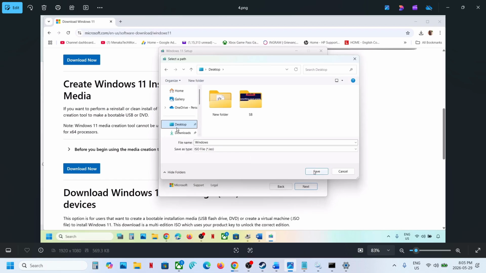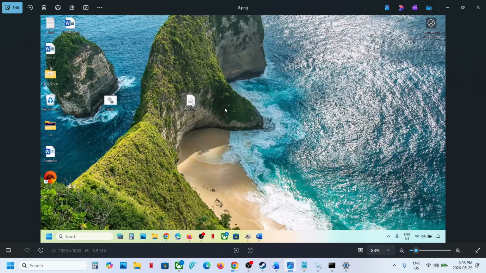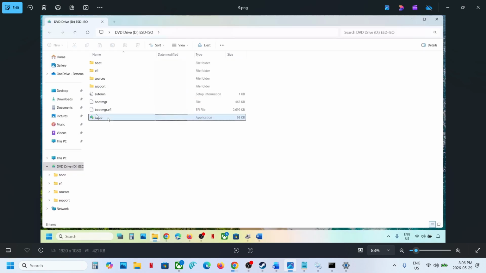You can save it to desktop. Click on save. Let the download complete. This process will take some time. Once done, click on finish. Let this close automatically. It will take a couple of seconds or maybe a minute to close. Once closed, go to desktop, make a double click on the Windows ISO file, make a double click on the setup file,